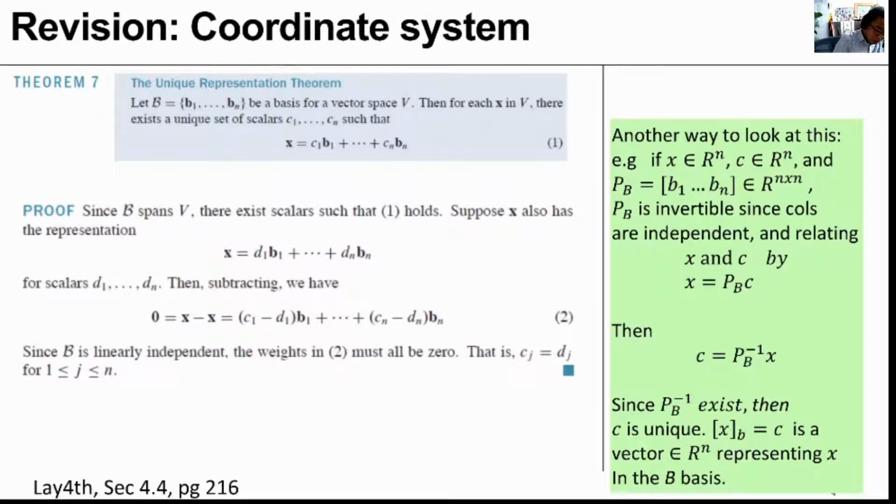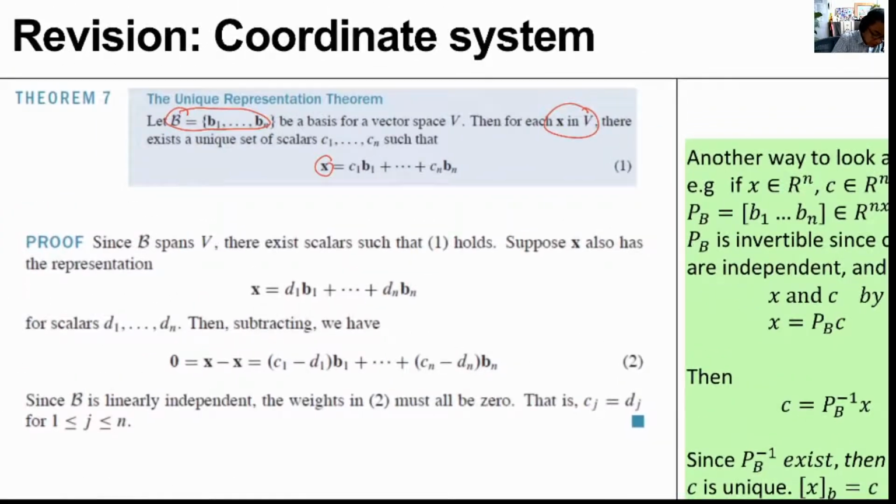We will now use the basis to represent a vector x in V as a coordinate. So what do we mean by that? Let x be the vector of interest. x belongs to V, and we have